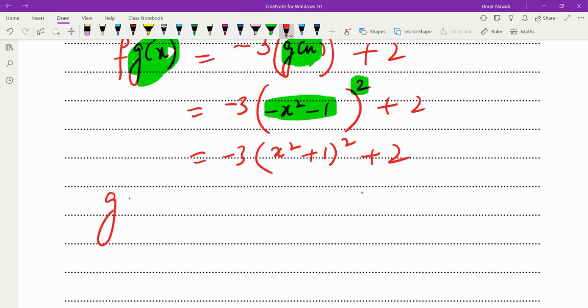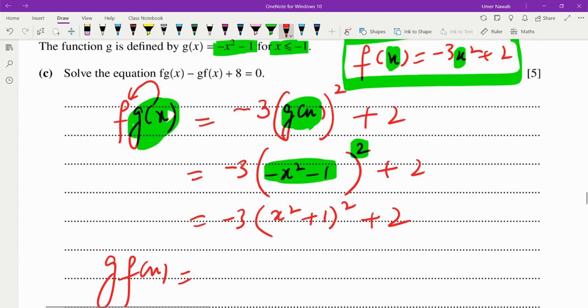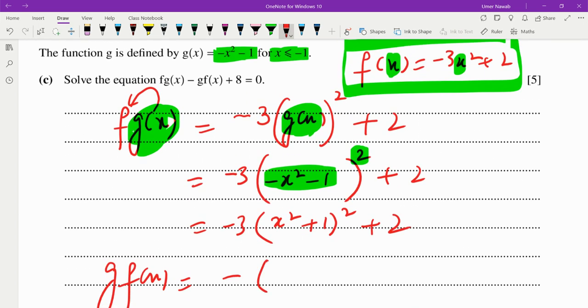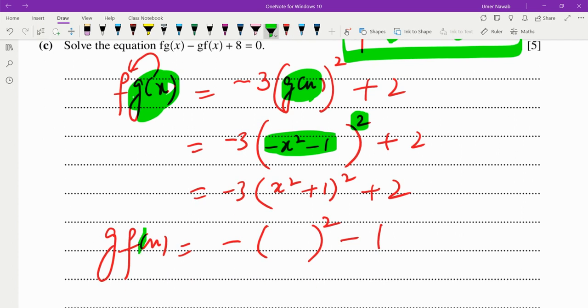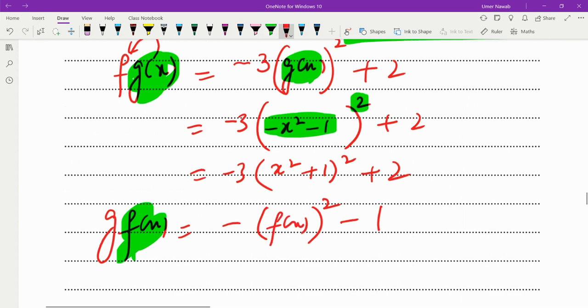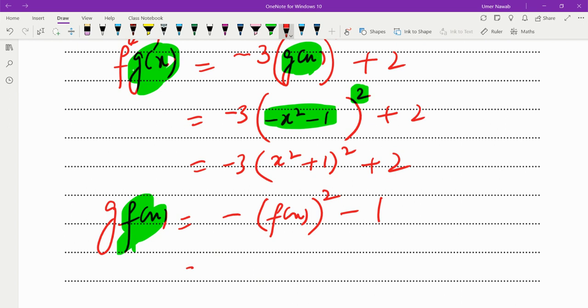Next thing is, guys, I also need g of f of x. What is my g function? Can I copy it? But leave the x empty space. And in the place of x, I will write f of x because I have to throw f in g. So in the place of x, I write f of x. So minus f of x is minus